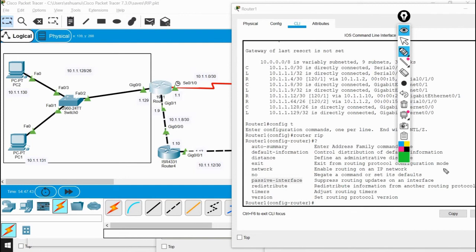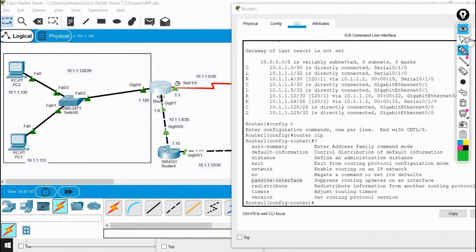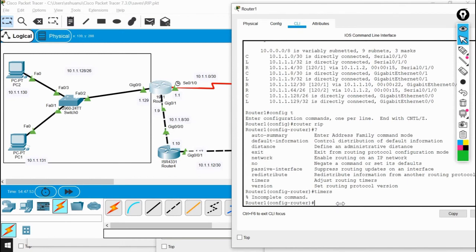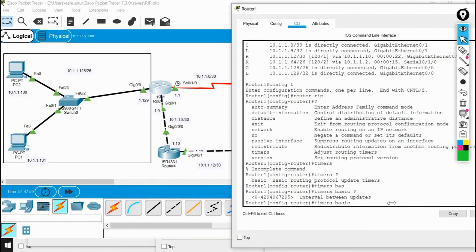So let's check the timers. Timers question mark. So basic routing update timers, route timers basic, and now you can change the interval between updates. So now you can change these updates.